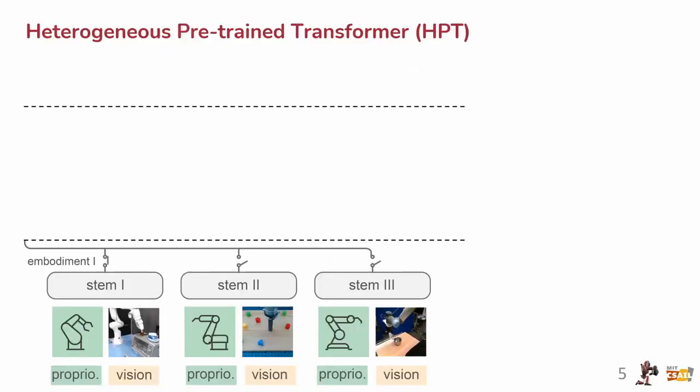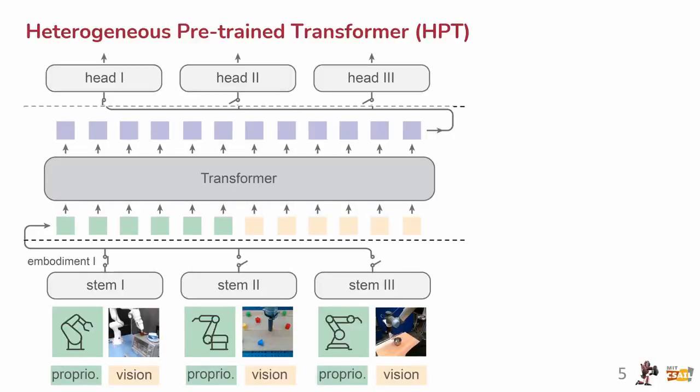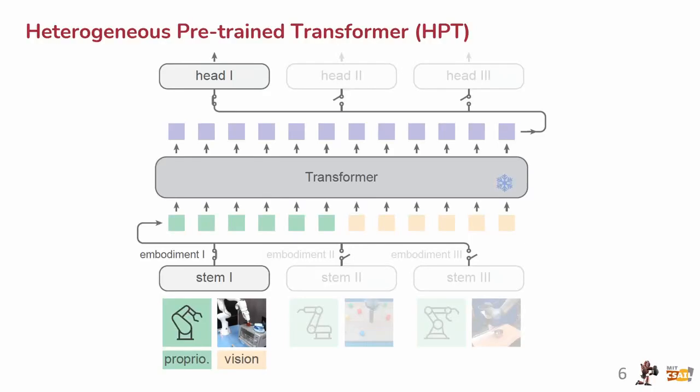HPT modularizes the network through a stem, trunk, and head separation, where specific parts handle individual embodiments, while the trunk is shared across all embodiments. The core motivation behind HPT is that the shared portion of the network can be transferred to downstream tasks involving new embodiments, promoting greater flexibility and generalization. During transfer to a new embodiment, the trunk transformer can remain fixed, while only the head and stem need to be reinitialized and trained. These components typically account for just 4% of the total parameters, significantly reducing the training complexity